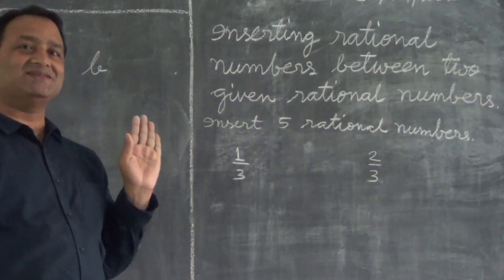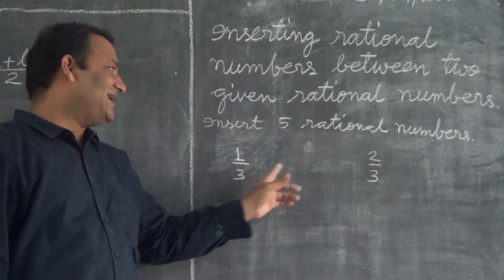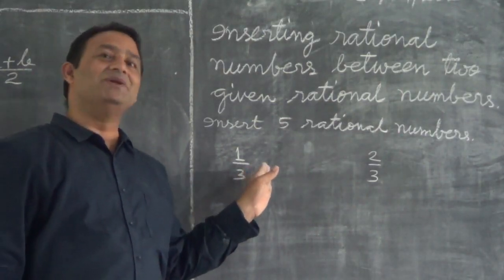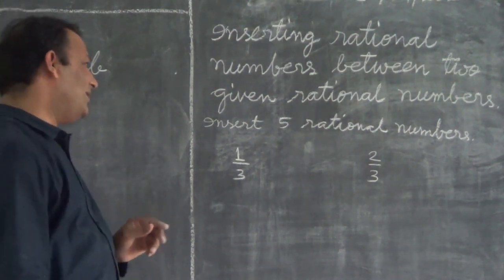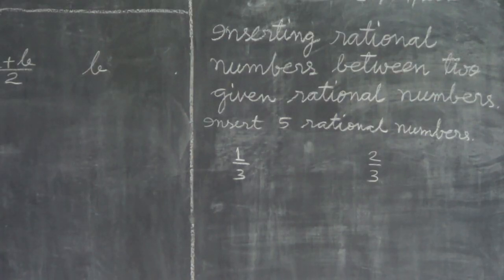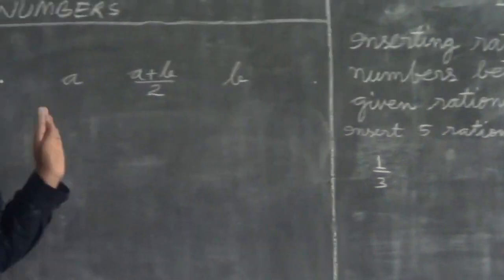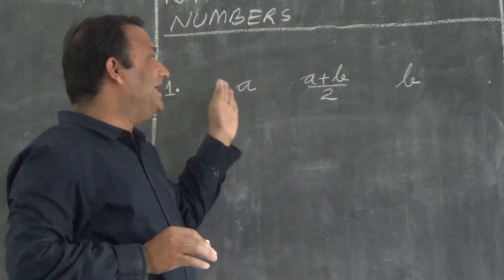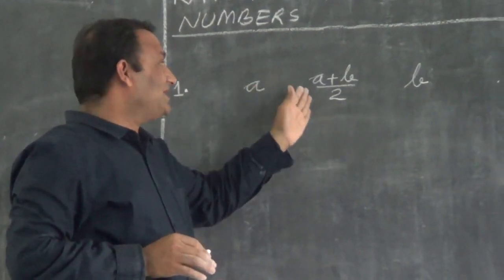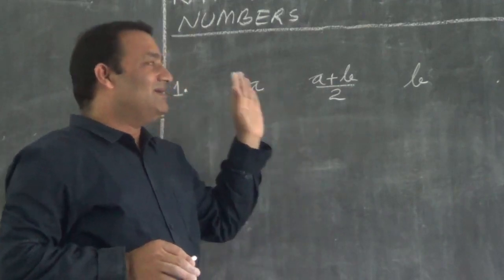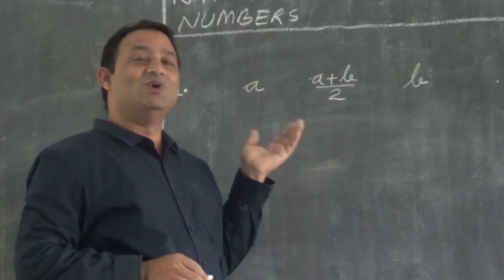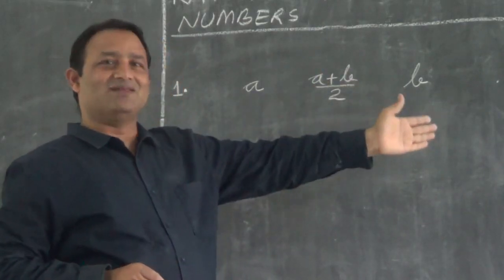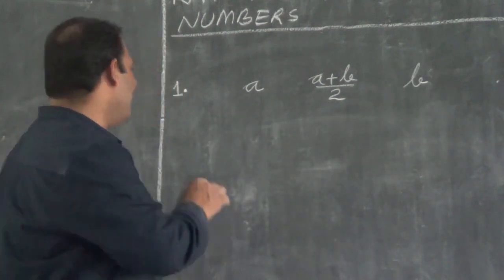This is a special case. Why special? Their denominators are same. So here what to do? Of course, you can go for method 1. No problem, but it will be time taking for you. It will be a time consuming method. So you follow this method if the number of rational numbers to be inserted is 3 or less than 3 only. More than 3 means you go for other methods. Now I am telling you another method.